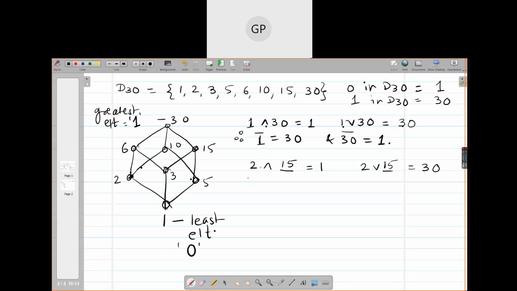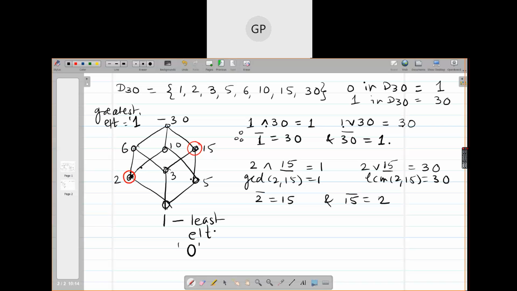This is same as finding GCD of 2 and 15, and this is LCM of 2 and 15 is 30. I told you that join and meet are LCM and GCD respectively. Okay? So यहाँ पे ये लोकेशंस देखो. ये जो लोकेशन है 2 का, इसका कॉम्प्लीमेंट यहाँ पे मिलता है आपको. Please remember this. Whenever you have Hasse diagram which shows a cube, इस लोकेशन का कॉम्प्लीमेंट आपको यहाँ पे मिलेगा. Okay? 2 complement is 15 and 15 complement is 2.